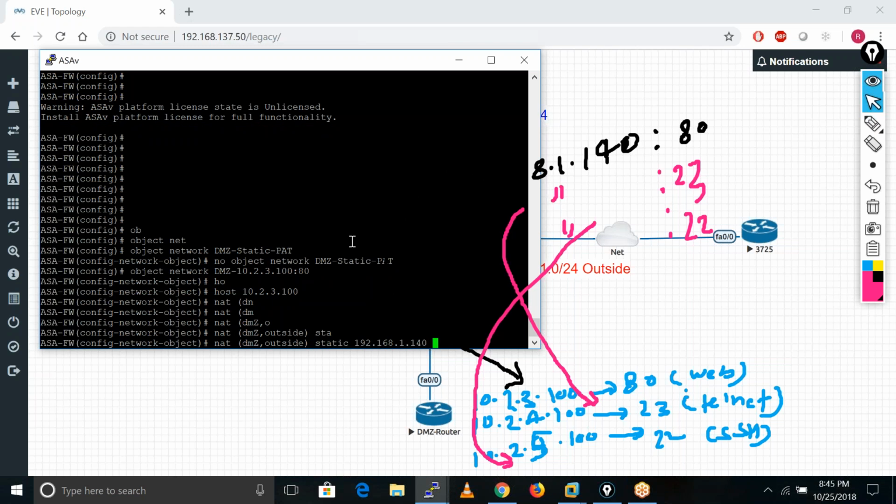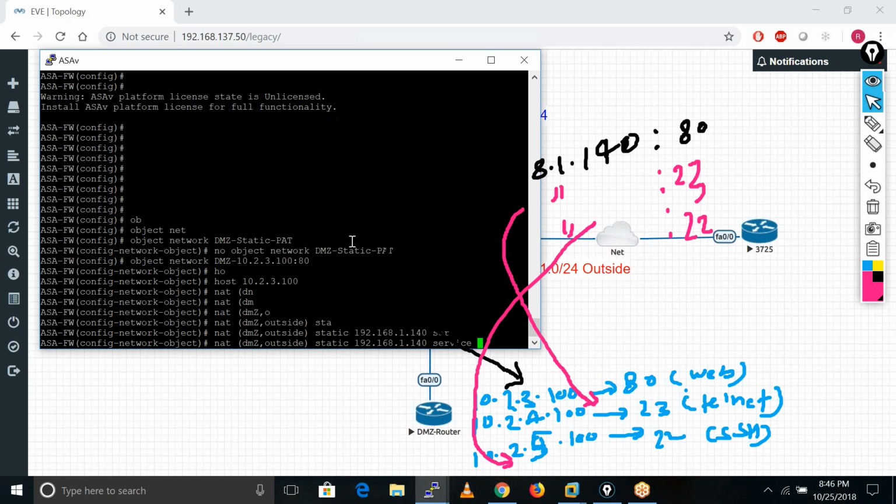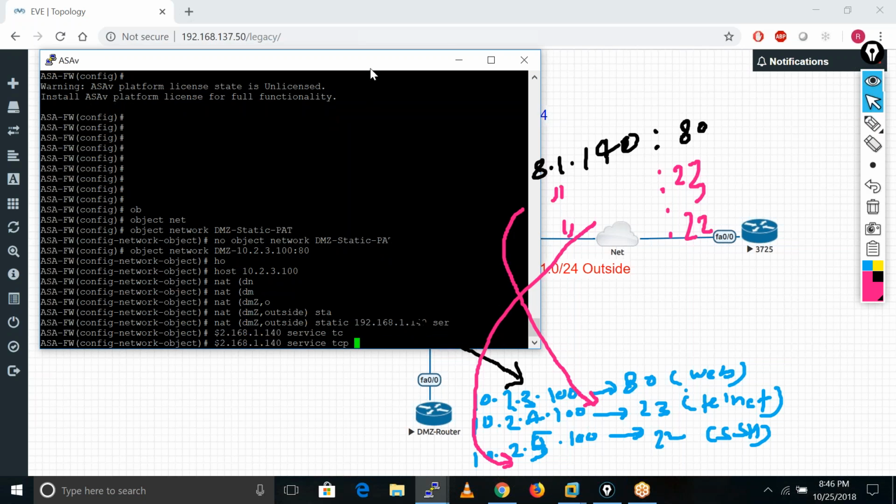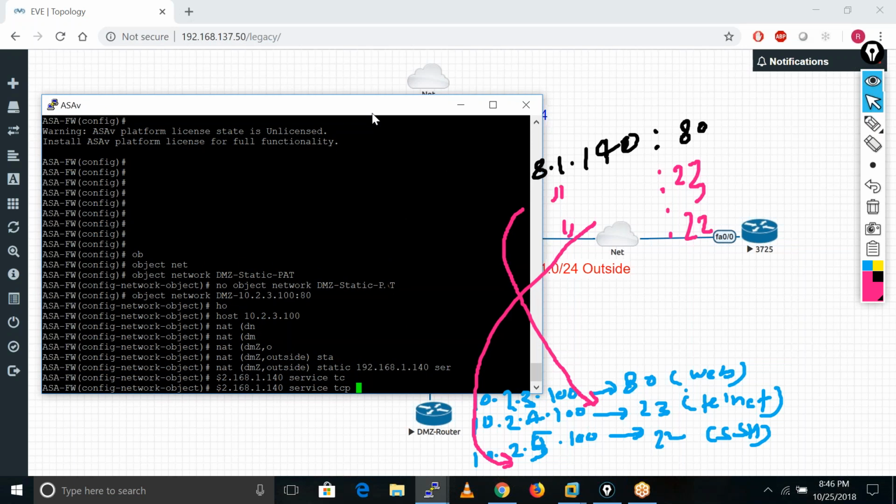Now here we need to define the service. So how do we define the service here? We use the keyword service TCP, and on port number 80, we use it two times.